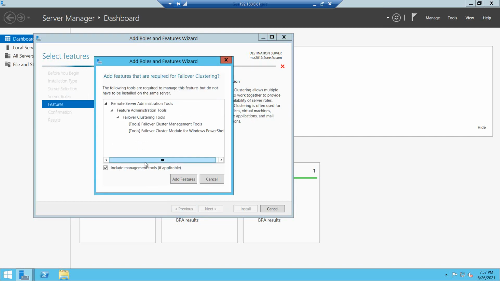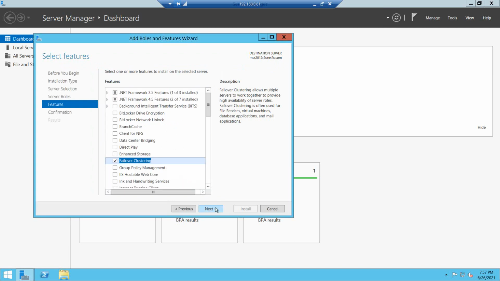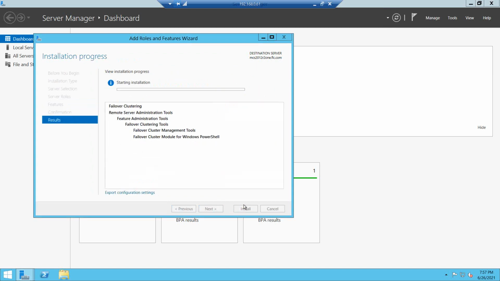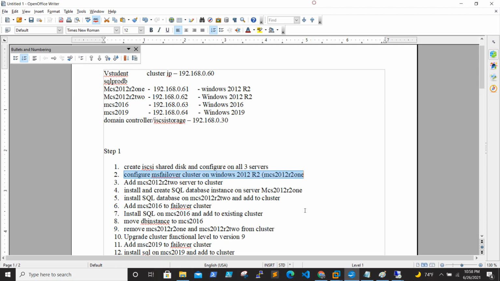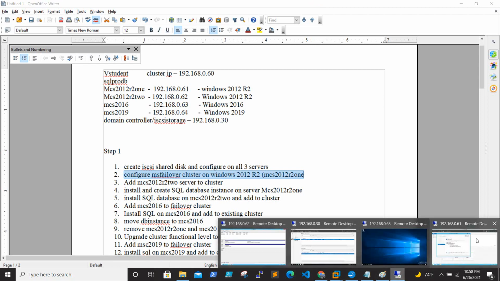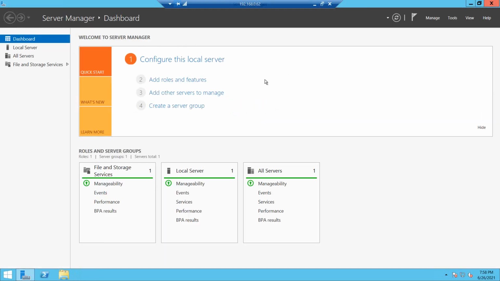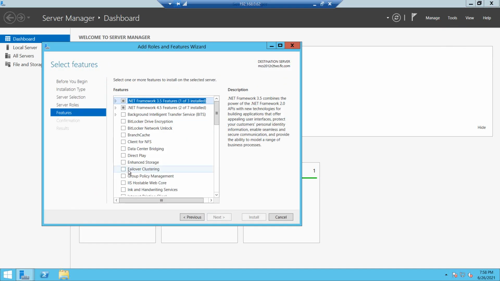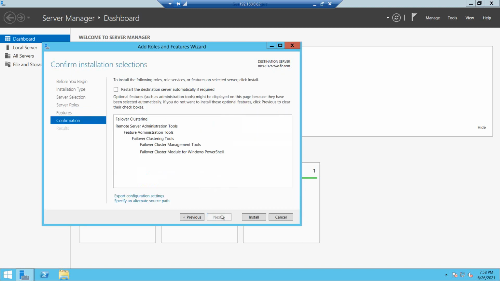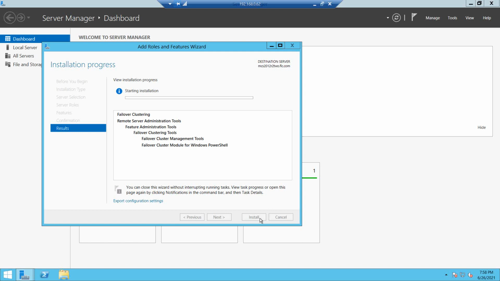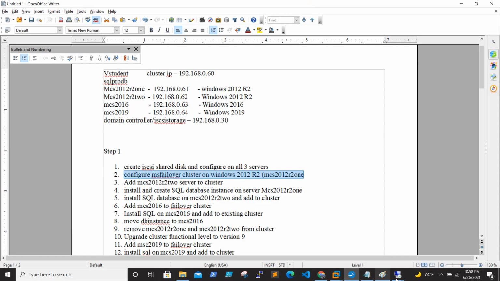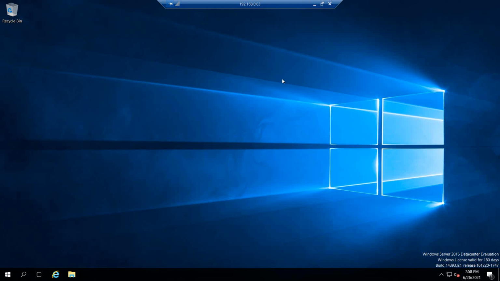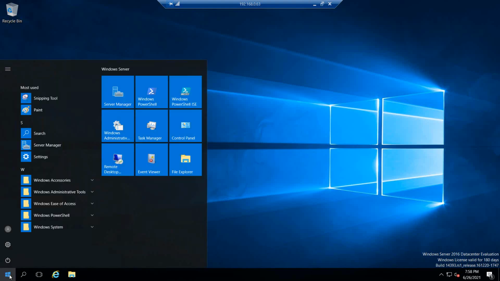You need to select Failover Clustering, add feature, finish, install. We will be doing the same on the other servers also. Go to Manage, add role, next, Failover Clustering, add feature, finish, and install. The 2016 box we won't be adding to the cluster now, but we will install the role for now.